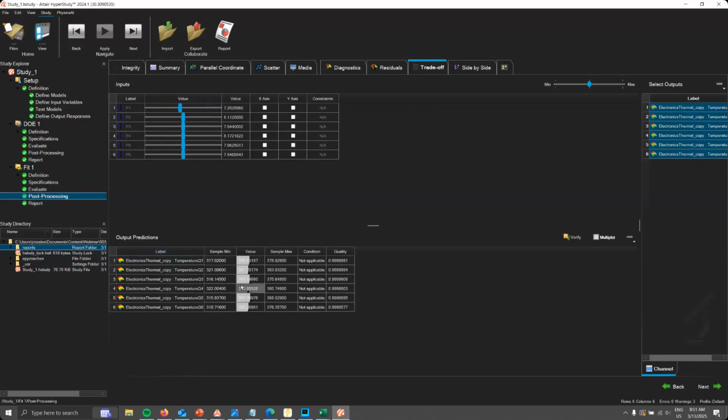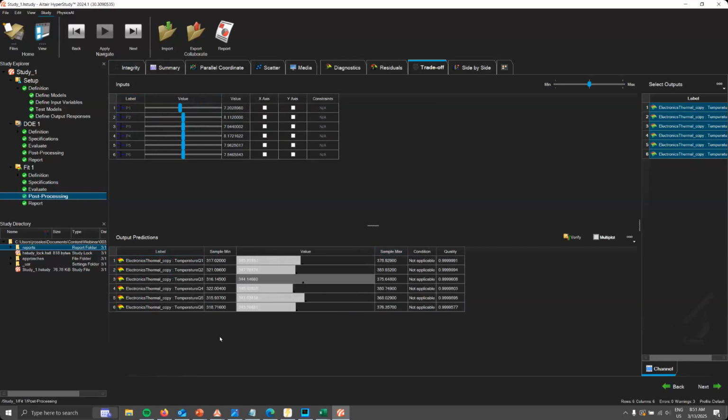And then here on the lower side, we can see the output, right? So the output temperature in Kelvin. So we can see very intuitively, if I make P1, or the power of Q1, go up, the temperature is going up. If I bring P2 down, it's also bringing the temperature of Q2 down, but it's also impacting the neighboring components,